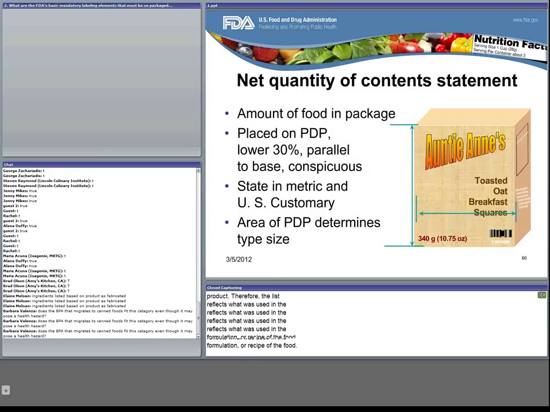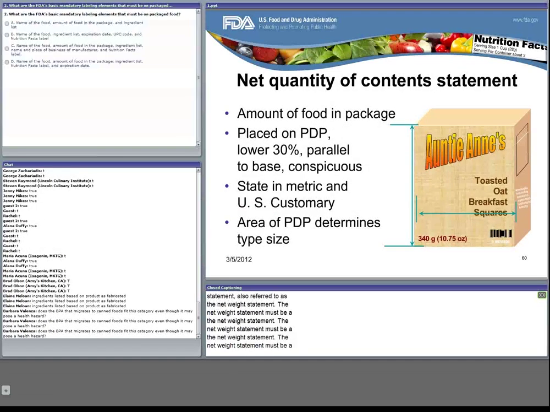The next mandatory element is the net quantity of content statement, also referred to as the net weight statement. The net weight statement must be a prominent feature of the principal display panel and should not have to compete with vignettes or other graphics. The net quantity of content statement describes the amount of food in the package. This statement is placed on the lower 30% of the PDP, is conspicuous, and must be parallel to the base